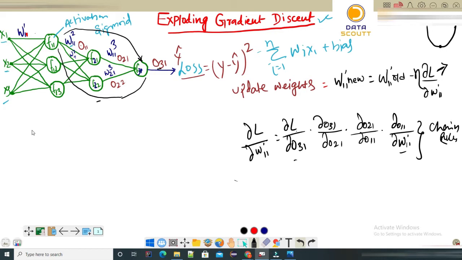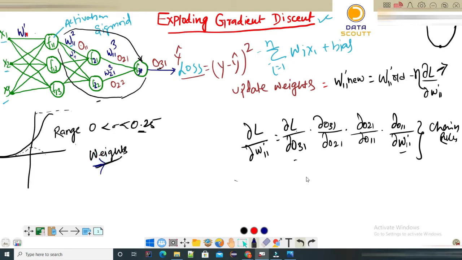We know in sigmoid the range of the derivative is 0 to 0.25. This is the range of the derivative of sigmoid, and that's what causes the vanishing gradient descent problem. So just like the vanishing gradient descent problem, there is a problem of exploding gradient descent. We know in vanishing gradient descent, the new weight with respect to our loss changes very little because of the range of sigmoid. So the main reason for the vanishing gradient problem to happen is because of the sigmoid range.